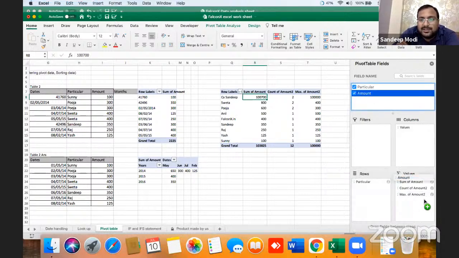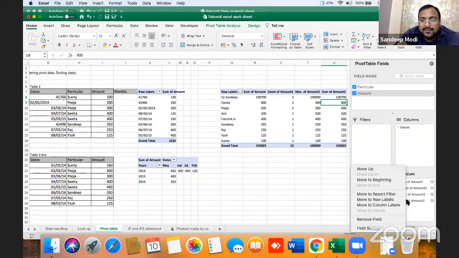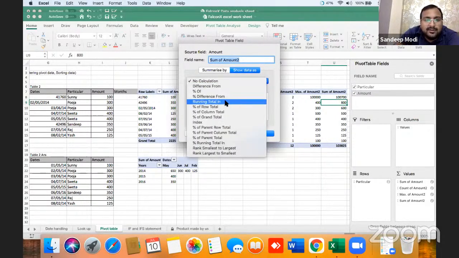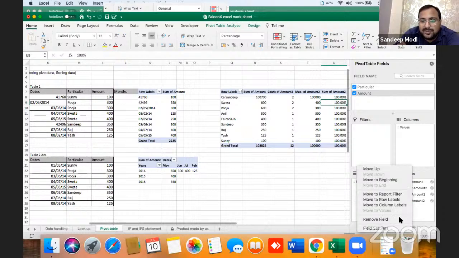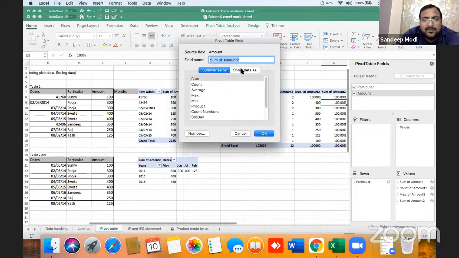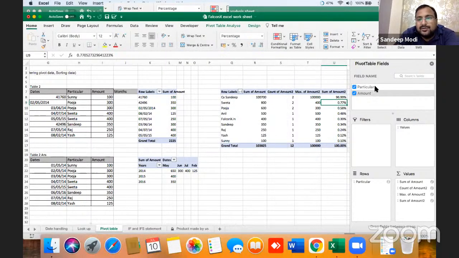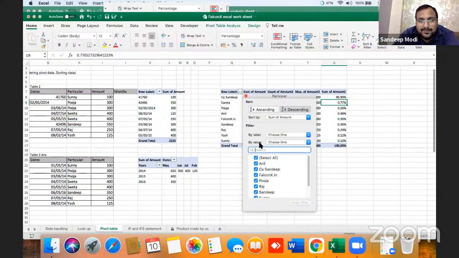If I want a percentage total, for example, right click, field settings, show data as, you can get a percentage of row total. This will give me 100% because it's a row total. But when you put a column total, it will return you the value. 96% is pending from Sandeep.